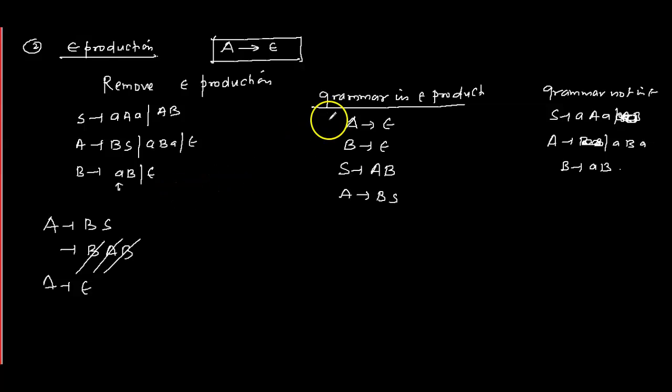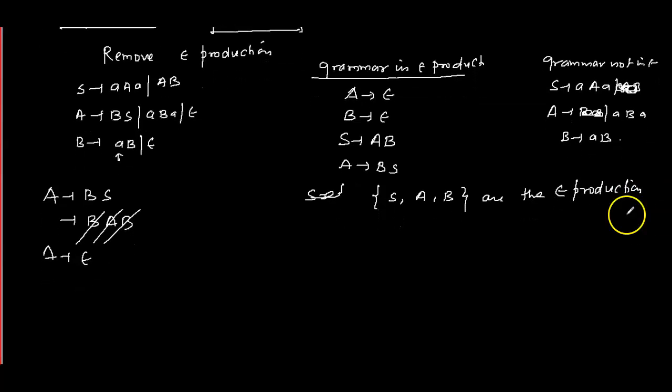So finally you got it. This means only S, A and B are the epsilon productions. A and B were direct here. S has come indirectly by substituting the values of A and B on the right-hand side. Okay. So now